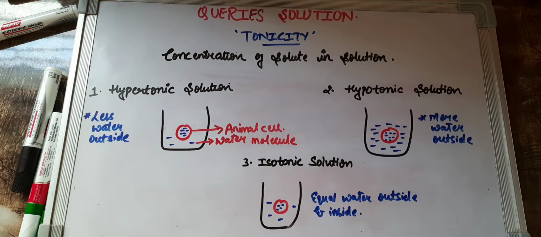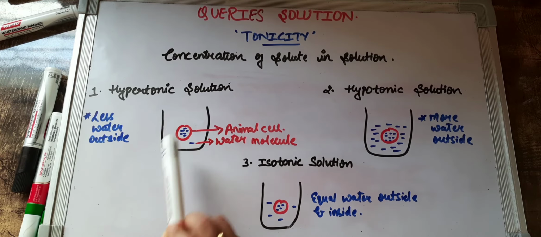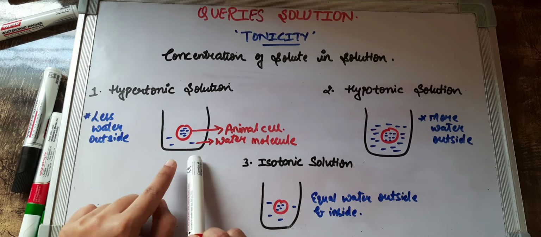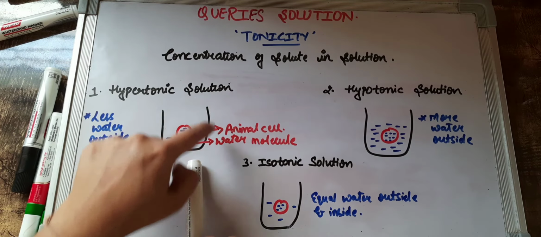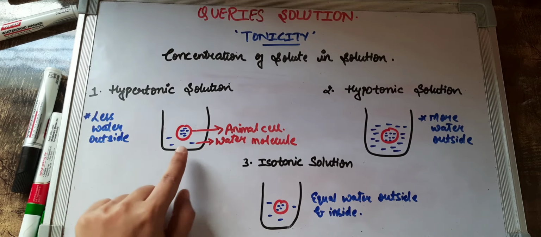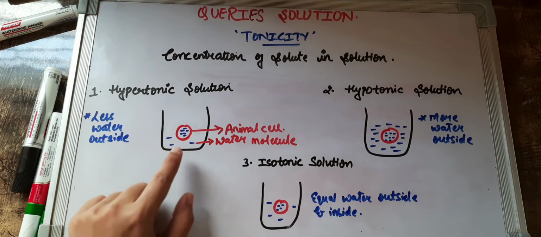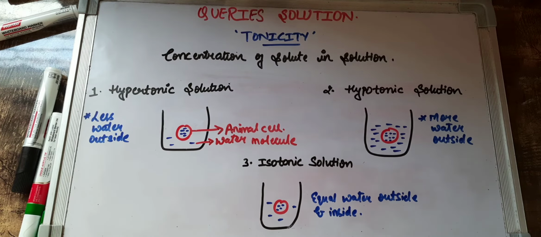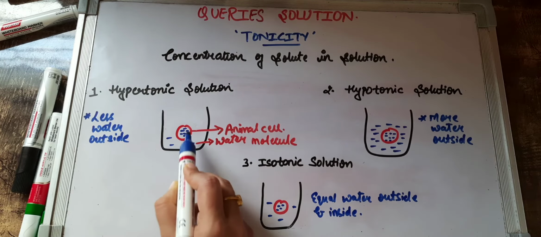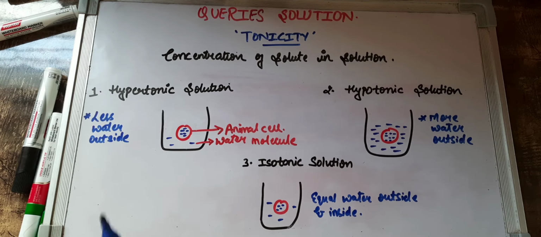So now let us see. In this case, I have placed an animal cell in a hypertonic solution, where the property is that the water content in the solution inside the beaker is less. But as you can see, the water content inside the cell is more; I have drawn more lines inside compared to outside. So what will happen in such a case, children? Since the concentration of water molecules is more inside the cell as compared to outside, in what direction will the water move? Water will always move from higher concentration towards lower.